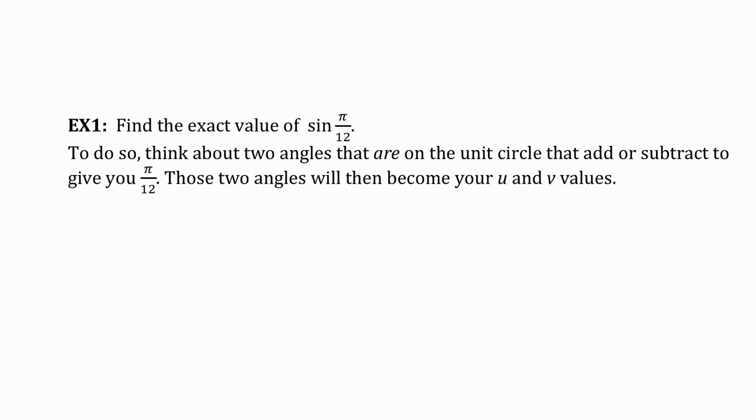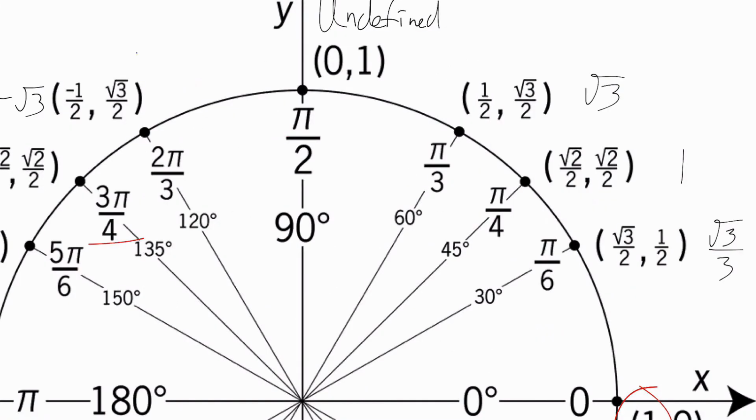So I go to the unit circle. I'm going to focus over in quadrant 1. We've got pi over 3, pi over 6, pi over 4. I don't know why I read them in that order, but those are the angles we have. Now, none of those are over 12, but we can make them over 12. So, for example, pi over 3 is the same as 4 pi over 12. It's just an unreduced version. Pi over 4 is the same as 3 pi over 12. And pi over 6 is the same as